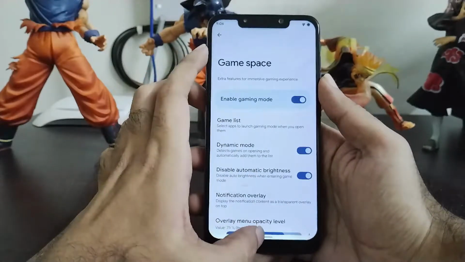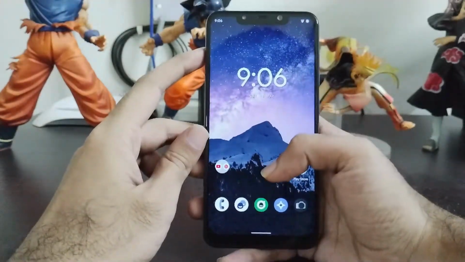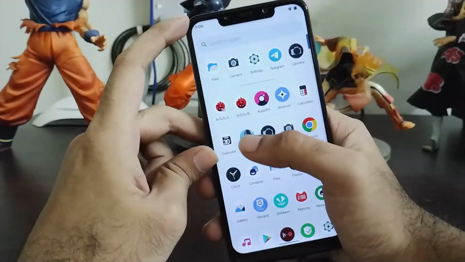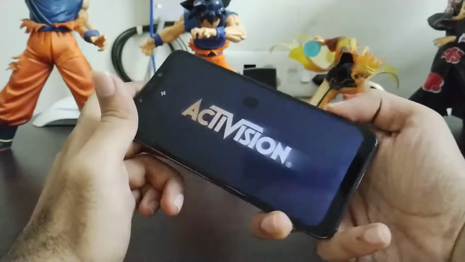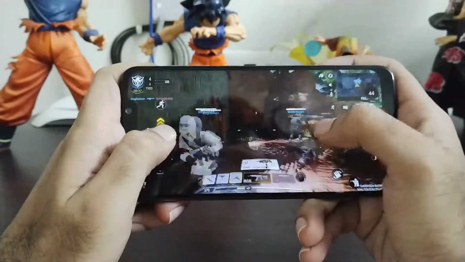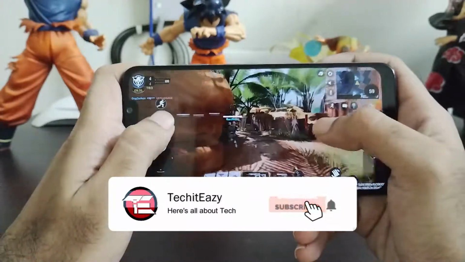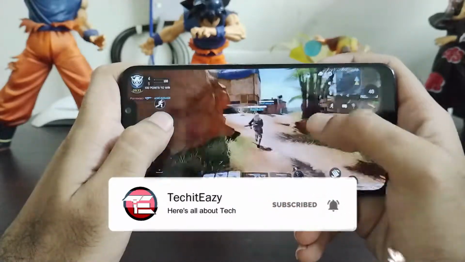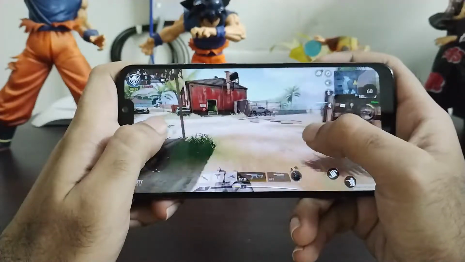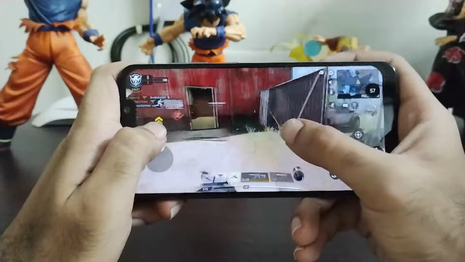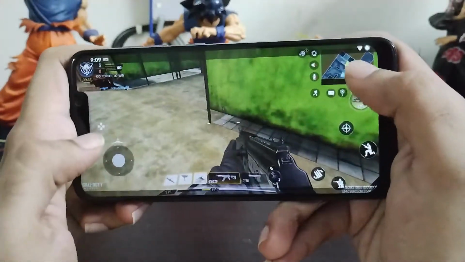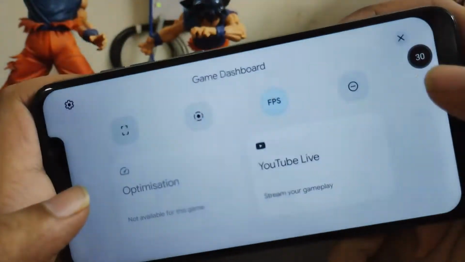Now let's see how the gaming performance is on this ROM. We will play Call of Duty Mobile. So let's get into it. So I am playing Call of Duty Mobile, and to be honest, the performance is pretty good and stable. Talking about the interface they give in this ROM, as you can see on the right-hand side, they give a gaming console icon where you will see FPS, screen recording, optimization, and also you can